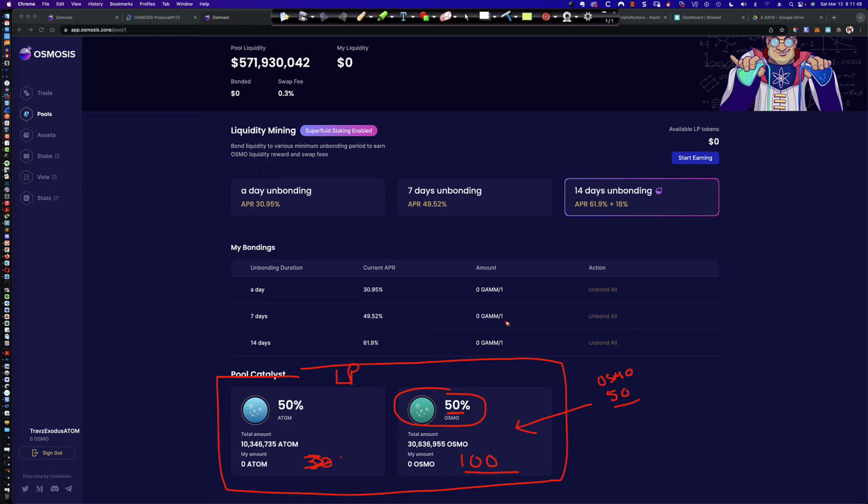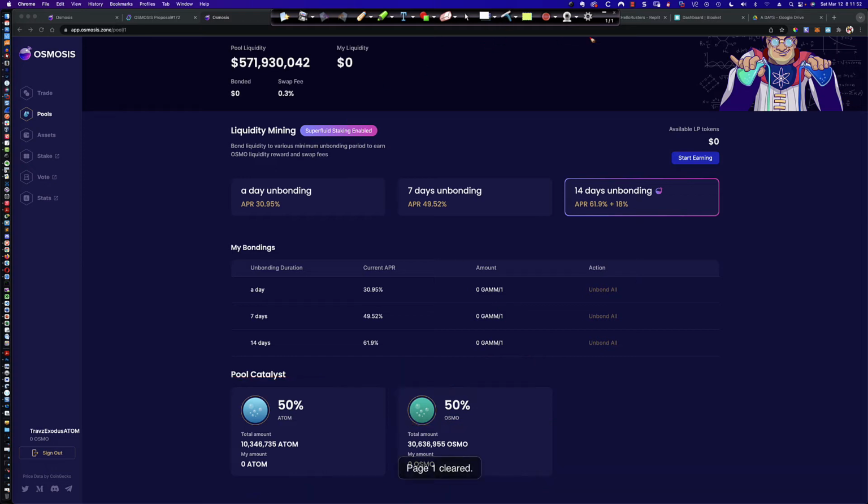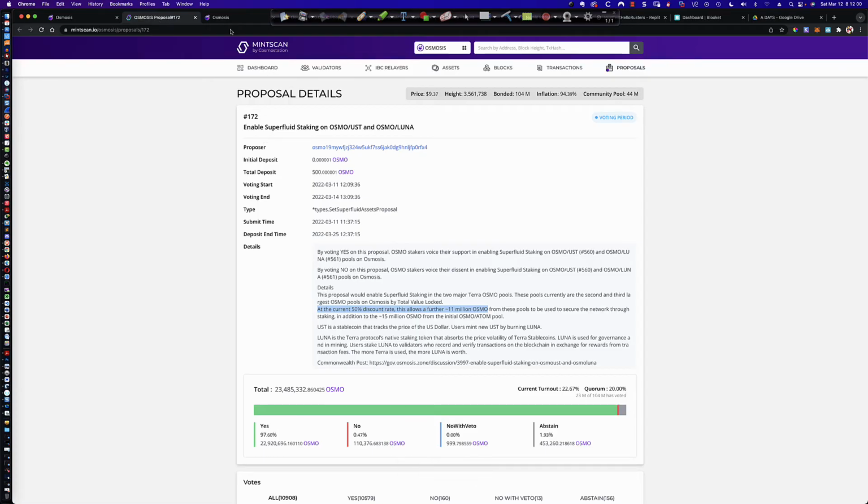And again, I have a link below where I go into great detail on all of the metrics that make up that Superfluid staking and the Superfluid discount factor. And so that's what they're talking about here in the proposal. So it's clear that this proposal is going to pass. And so what is the impact on that proposal likely to be?